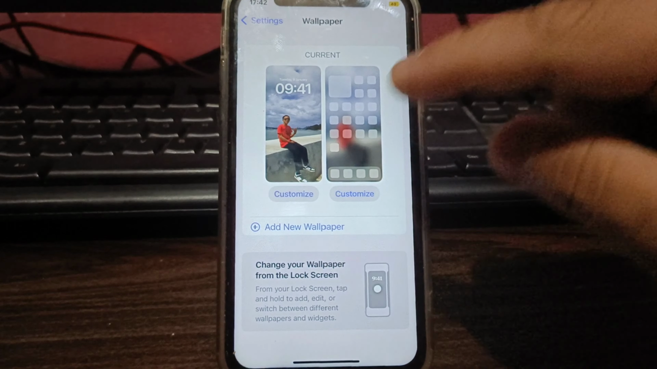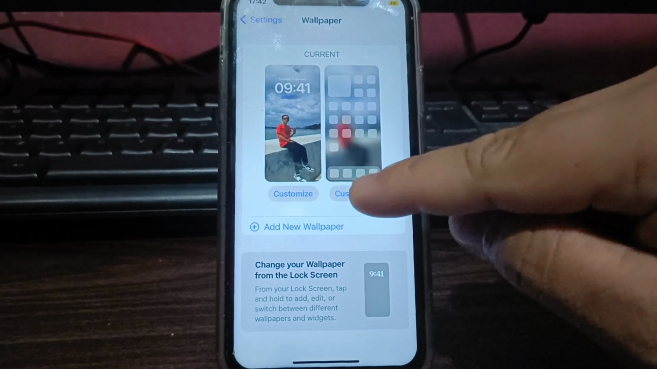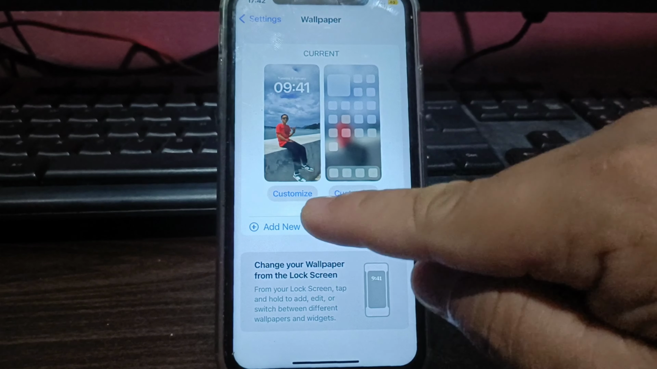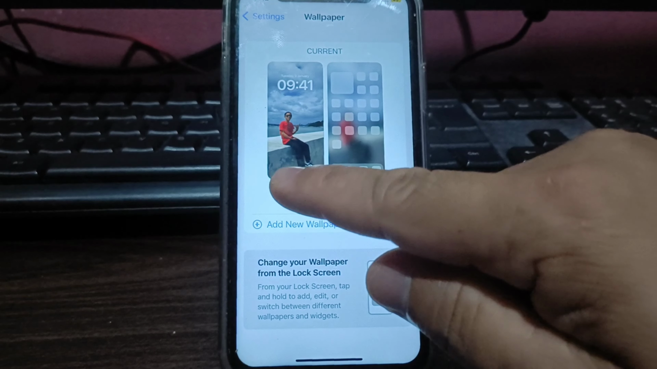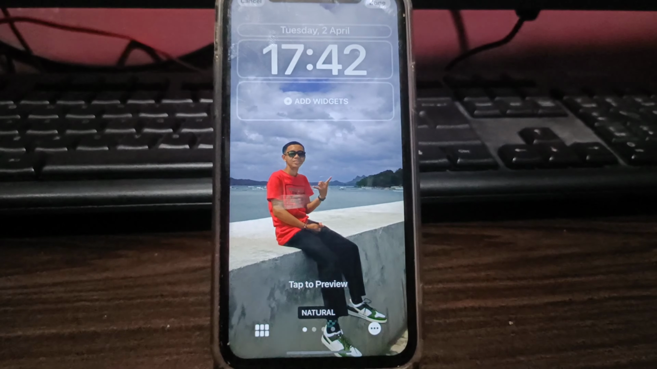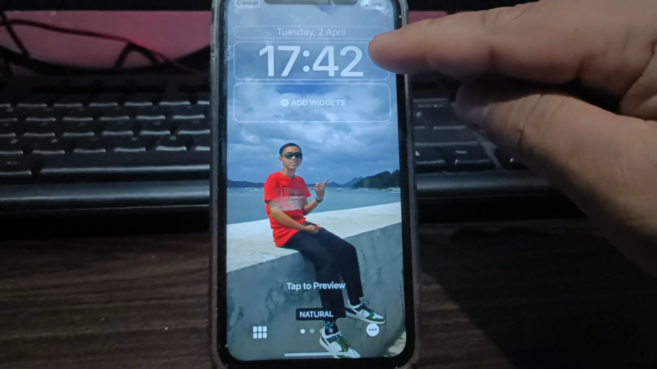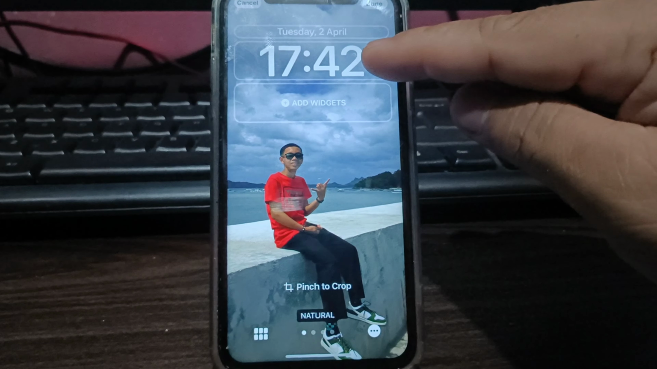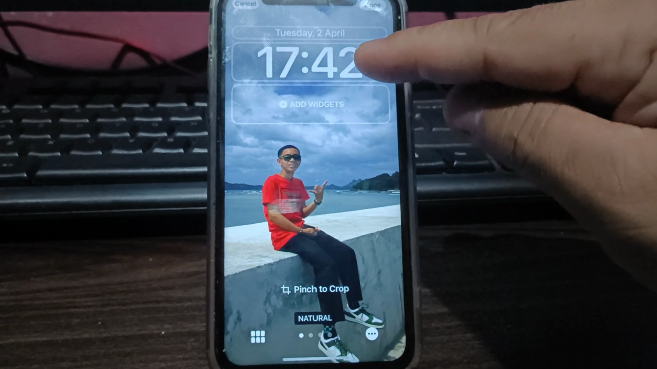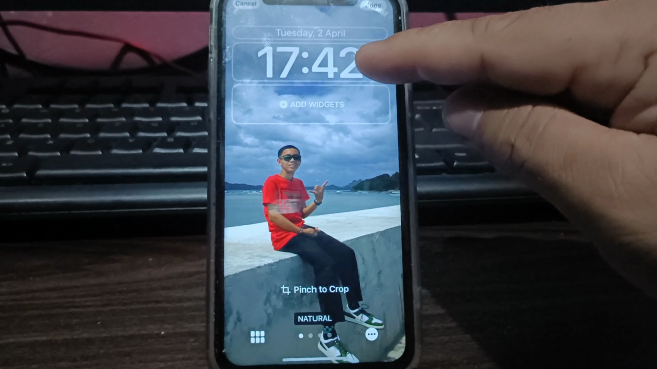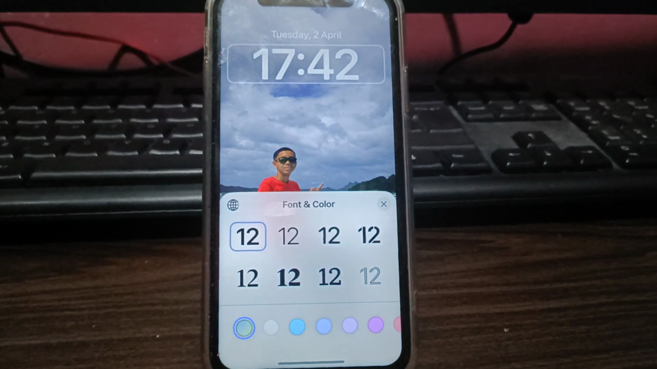In wallpaper, here you can see the customize button. So you can select this one on the left side. And now you can see here the clock. Okay, so you can change the font and color of this clock by tapping this, and below you can see